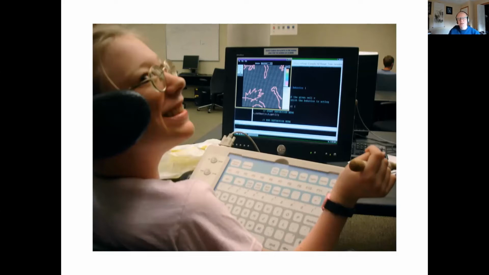She has an IntelliKeys keyboard, which has larger keys than a typical keyboard, and she has enough dexterity to use that stick to hit those larger keys. So her mode of operating is using a keyboard only. She's not able to use a mouse or a trackball, but uses the stick and the keyboard.